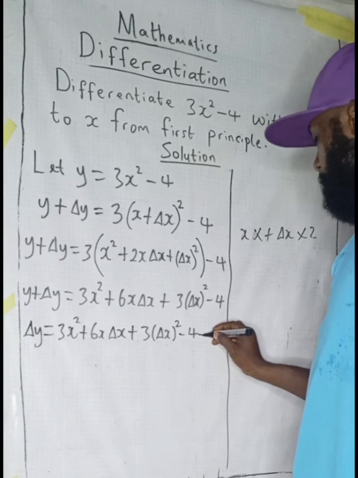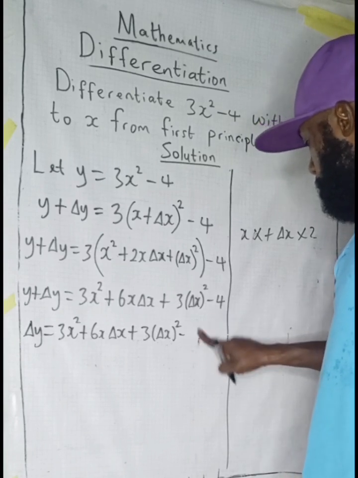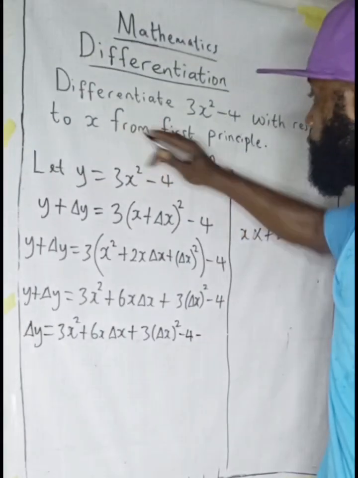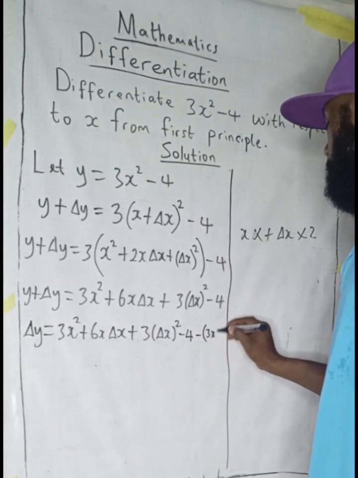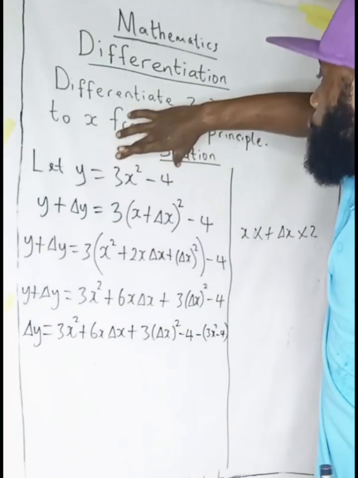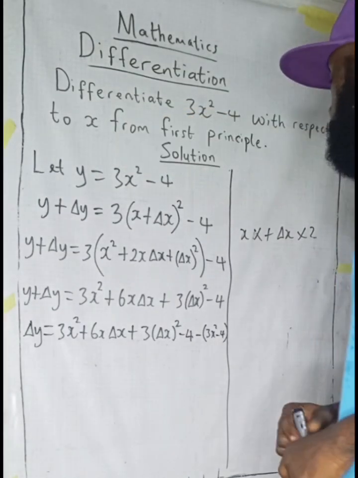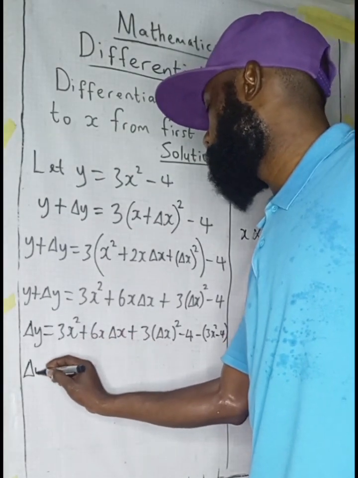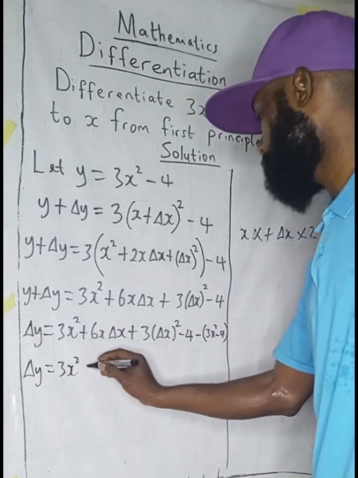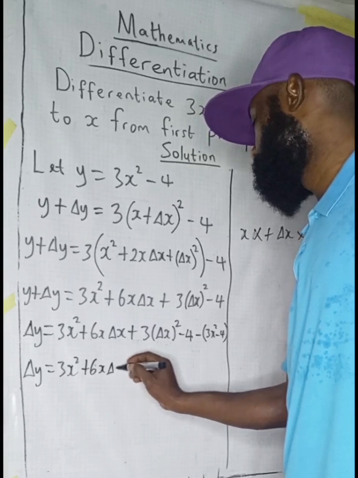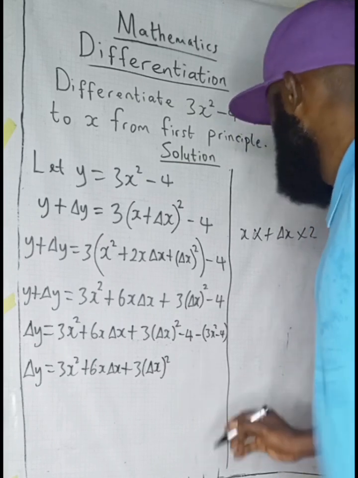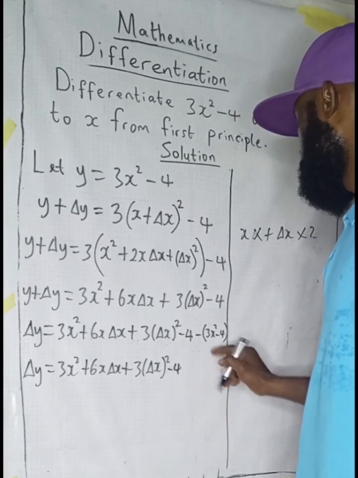So instead of writing y, let's just put the value of y there, which is 3x squared minus 4. So we've taken y over, but we'll change it to the original value, 3x squared minus 4. So from here, change in y will give us 3x squared plus 6x change in x plus 3 change in x squared minus 4 minus